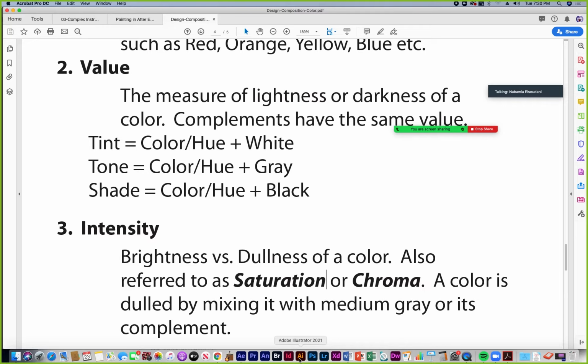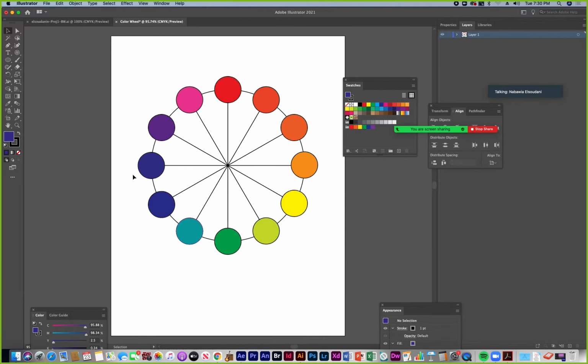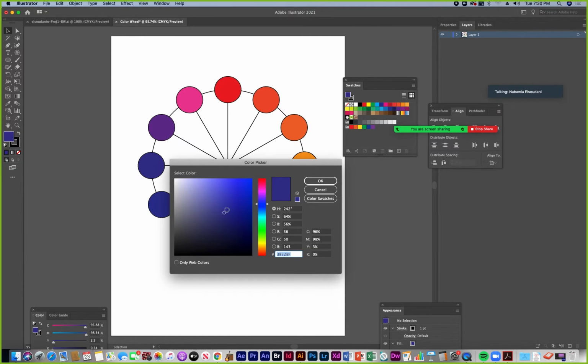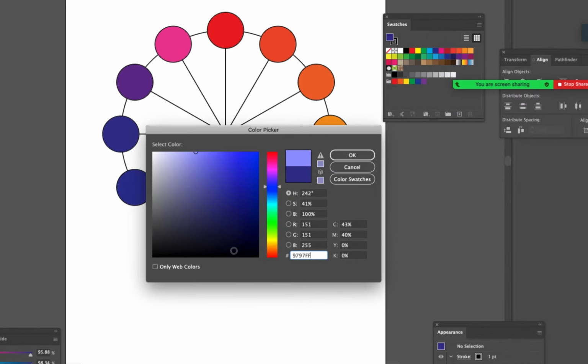So notice when I'm on the color picker and I'm moving my circle in a straight line back and forth on a horizontal, just going back and forth. Here, let me zoom in here so you can see.